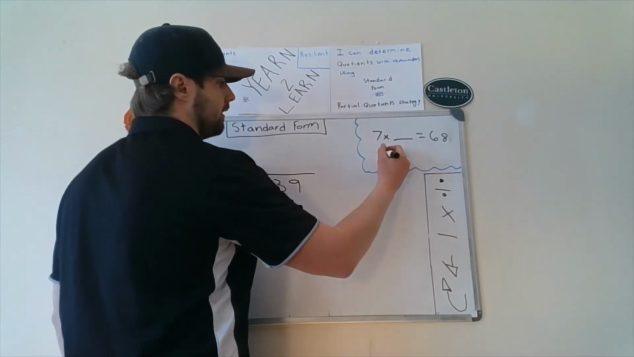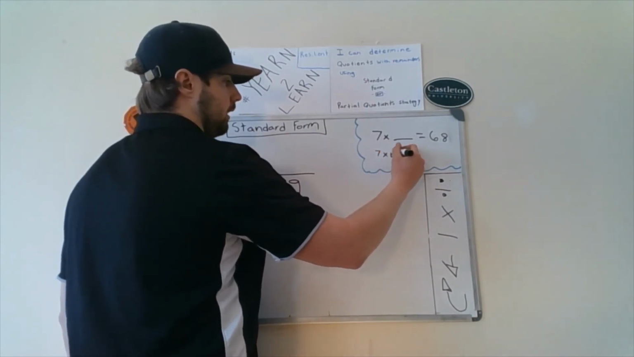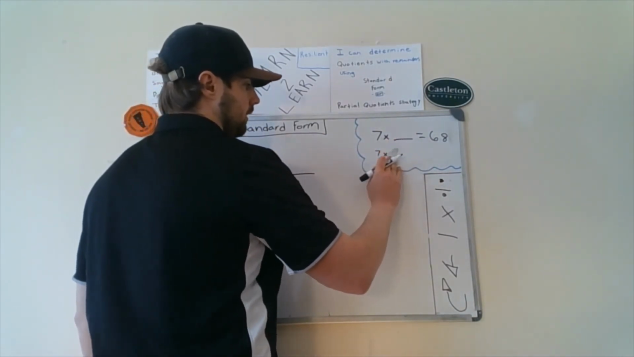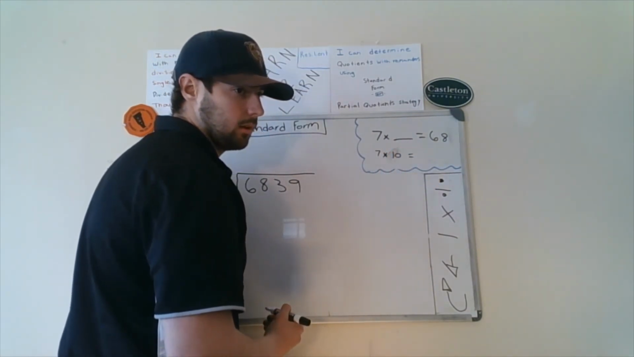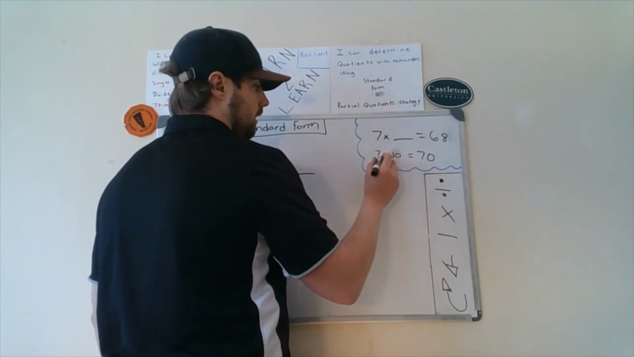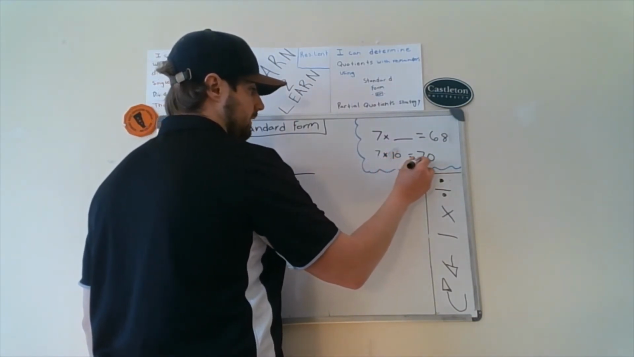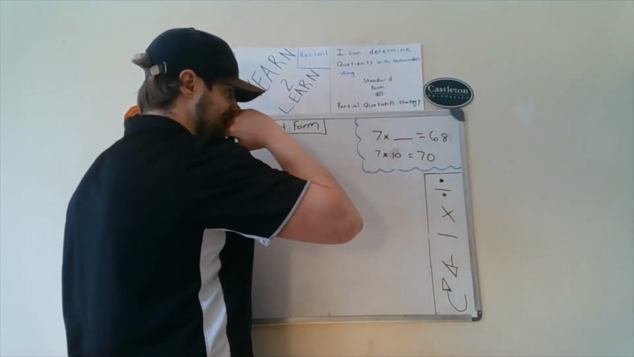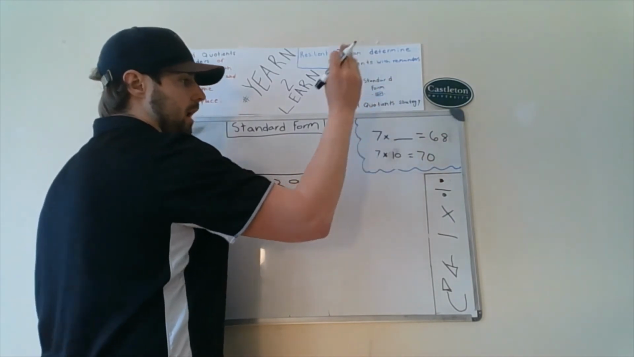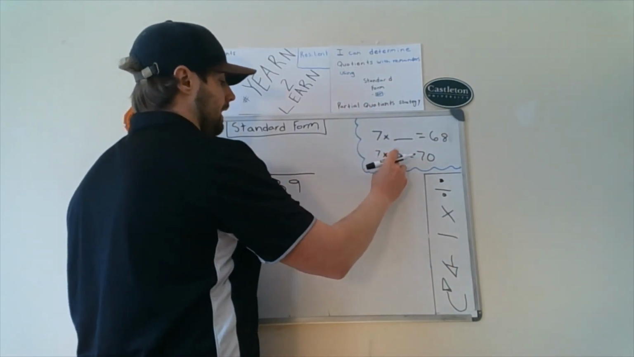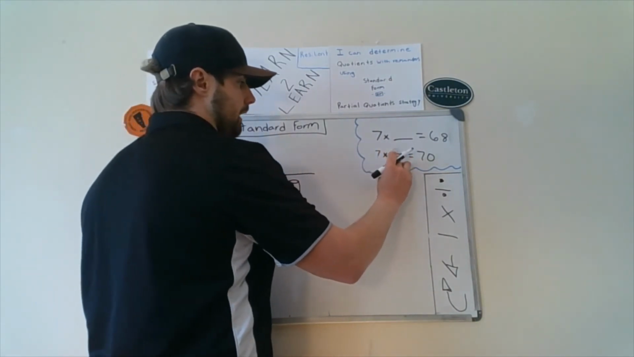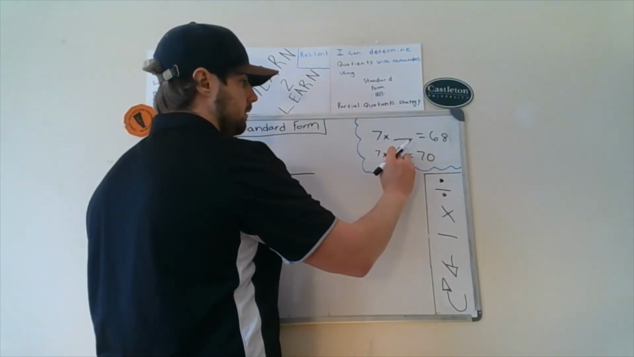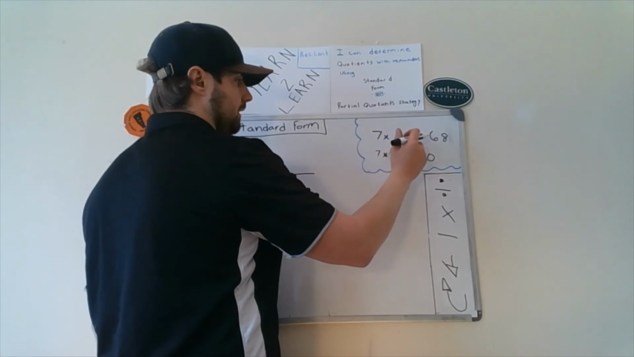I know that 7 times 10 is going to give me what, guys? What's 7 times 10 going to give me? 70, because 7 times 1 is 7, tack 0, 70. That is too much. 10 as a quotient is going to give me too much. I need to go one less. Let's try